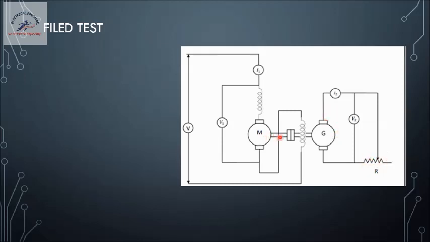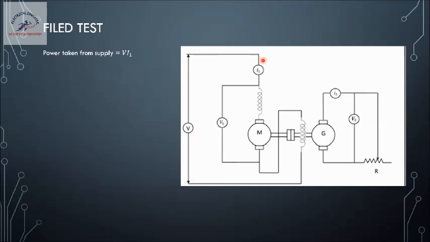So practically loading is possible, and usually while starting the machine we are not keeping it at 0, we are keeping it at some position, because DC series machines are never to be started on no load. So V1 gives us the motor terminal voltage for both the motor field and armature. V gives us the supply voltage, and V2 gives us the generator terminal voltage for the armature only. So now power taken from supply is given by V into I1 for this particular setup.